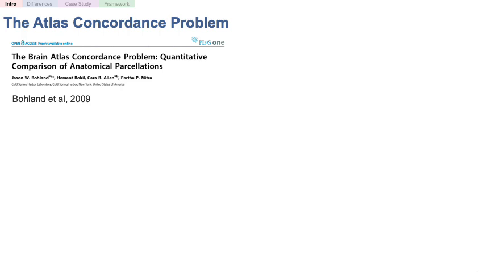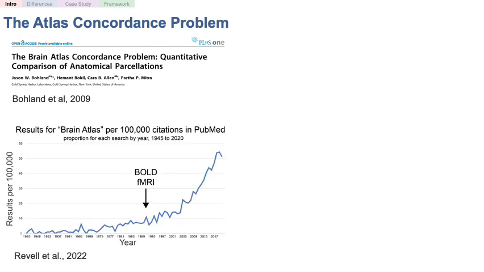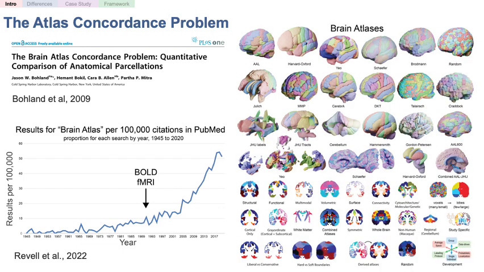Now with the definitions out of the way, let's talk about the atlas concordance problem. This problem was first defined in 2009 as an issue that stems from the difficulties and differences in the description of brain structures, which presents certain obstacles for the neuroscience research community. The term brain atlas has risen exponentially after the last 30 years, especially after the introduction of BOLD fMRI, where there was more of a need to map the brain to relate findings across studies, and many atlases have risen